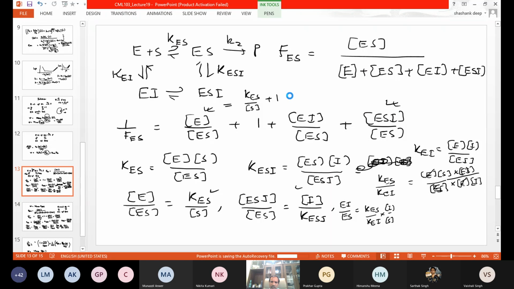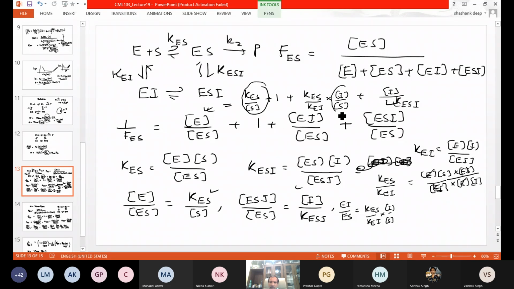Plus 1 plus EI by ES is KES by KEI into I by S. Okay, and plus what? I by KESI. Is this okay? So these are the 4 terms, and now you see these are the 2 terms which has